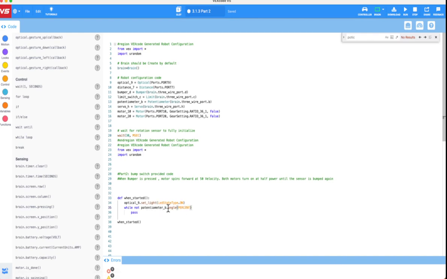It's going to give me a sense back. So every time I turn my potentiometer, it's going to tell me 100, 0, 50, 75. So this is a percent. Basically, highest is 100, lowest is 0, and I want it to be greater than 50. We're going to have the optical